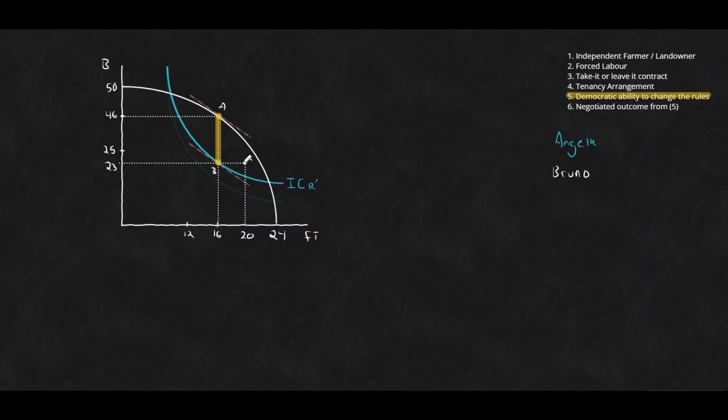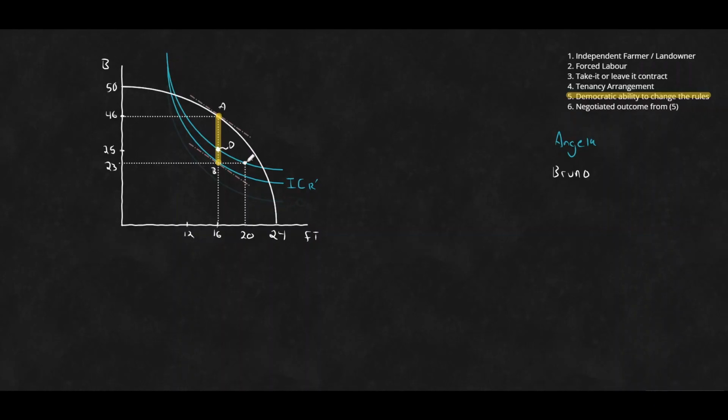Well, what we can do to evaluate this is say that clearly at point C, we're on a higher indifference curve. So Angela's clearly better off at C than she is at B. So let's take this indifference curve and move it up to pass through C. There we go. Then Angela would be indifferent between being at C or being at some point here. We can call that D. She should be absolutely indifferent to that because it's the same indifference curve.